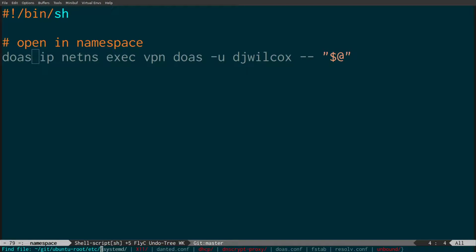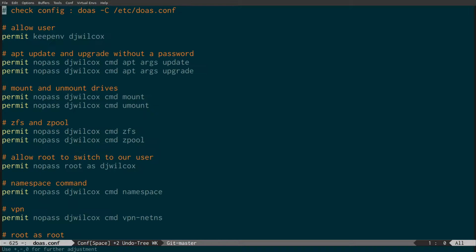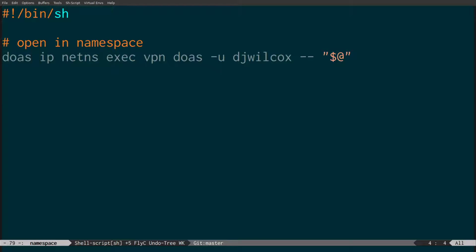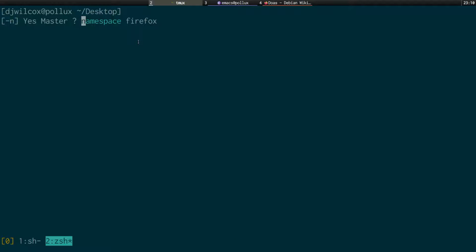So even in here, I've got permit nopass, my username, command namespace. Even if I have that in my doas config, if I try putting doas in here and then running it without doas on the command line, you'll be prompted for your password. And I think the nopass option only works if you run a command by prefixing it with doas,